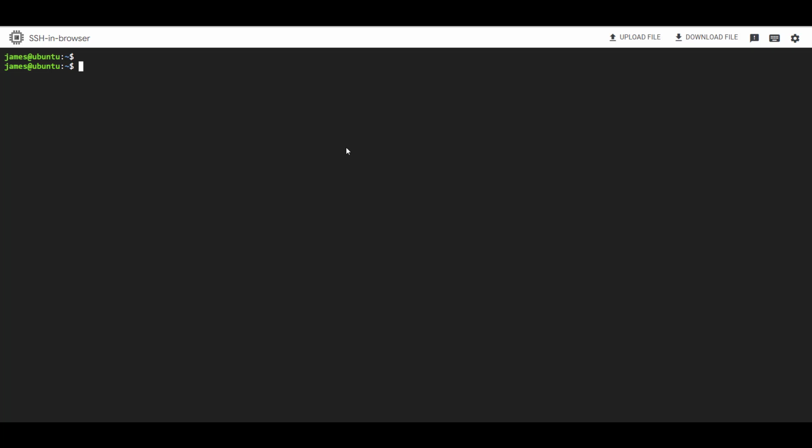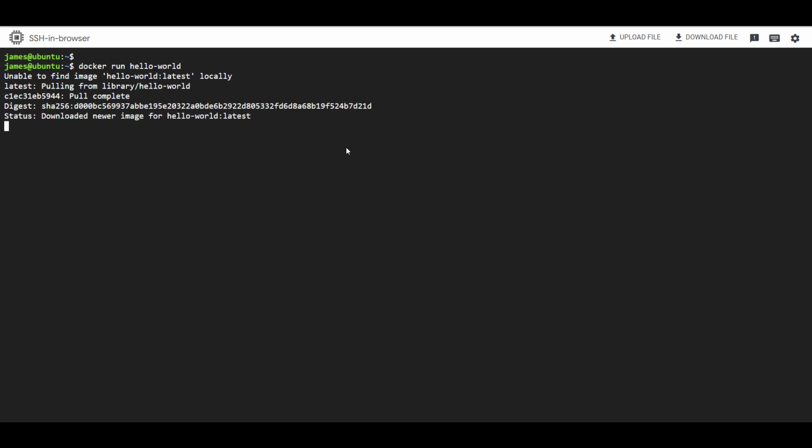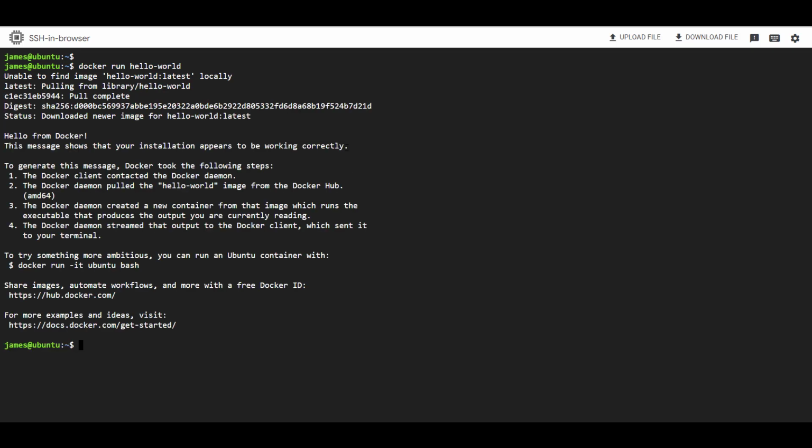On the terminal, simply run the command docker run hello-world, then hit enter. You'll see this output on your screen. Now let's go over and digest it. Behind the scenes, the Docker client looks for the hello-world image. As you can see from the first line, it was unable to find the image